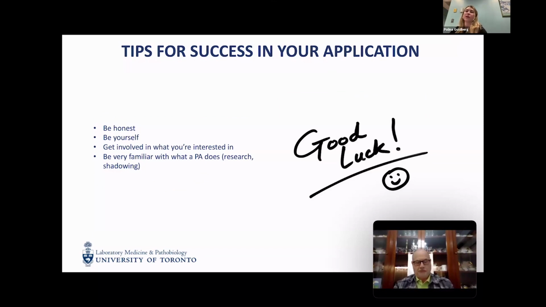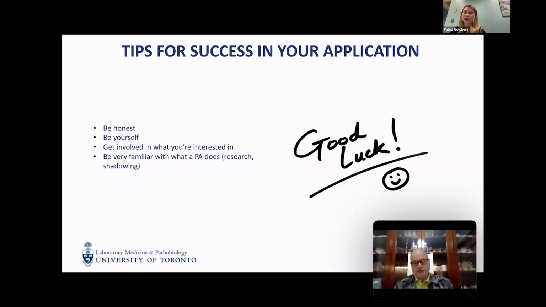Everybody knows that one of the things that makes a successful candidate for any program is extracurricular activities, and that's true. But the last thing you want to do is get involved in extracurricular activities just because you think they look good on your application. My advice is always to get involved in something that you are actually interested in and feel passionate about, because it'll help you actually stay in it. You're not going to just drop out as soon as you're graduating, and you're actually going to enjoy it. It's not going to feel like a chore. Again, people reviewing your applications can tell when you're actually passionate about something or if you're just doing it for the application.